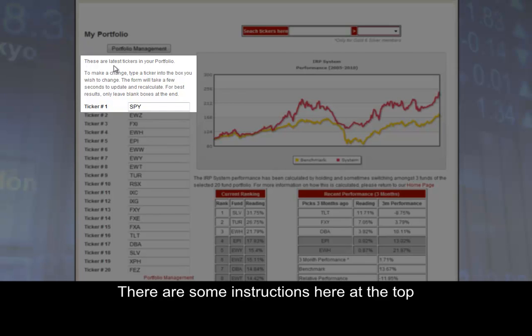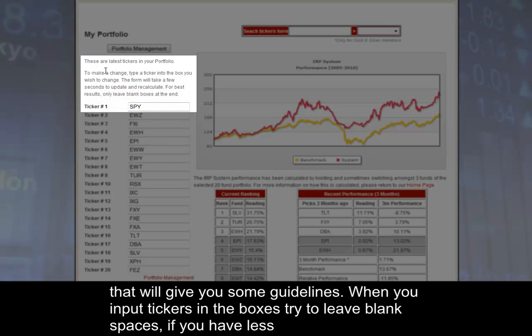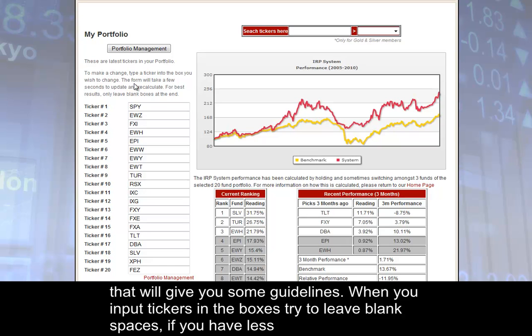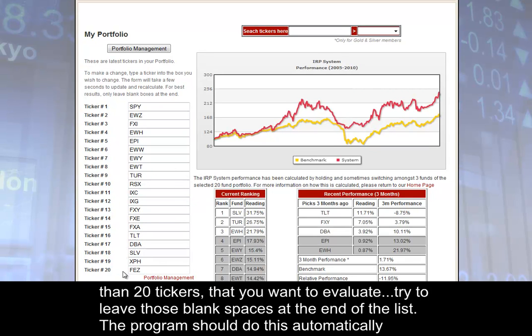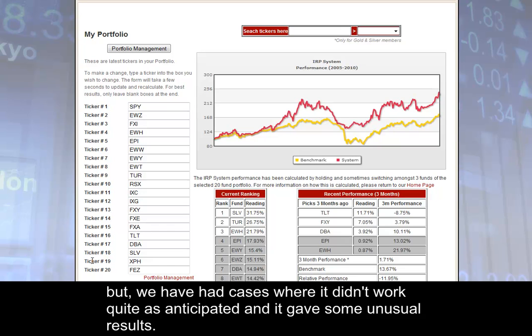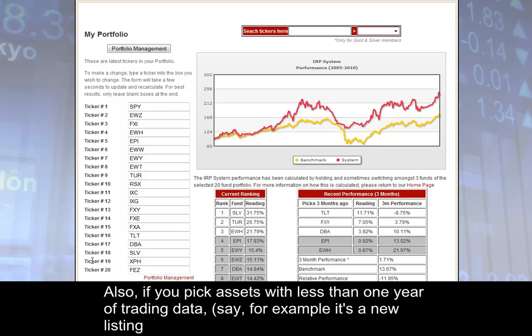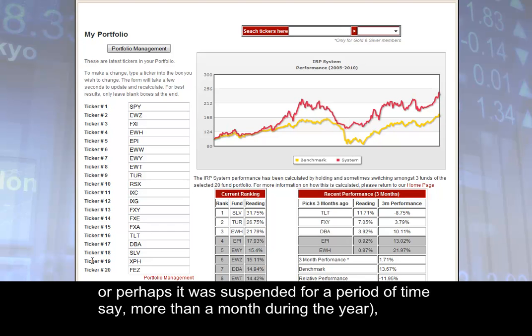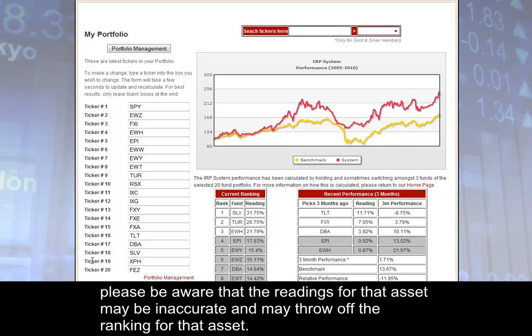There are some instructions here at the top that will give you some guidelines and remind you of how to do things. When you input tickers in the boxes, try to leave blank spaces if you have less than 20 tickers that you want to evaluate. Try and leave those blank spaces at the end of the list. The program should do this automatically, but we have had cases where it didn't work quite as anticipated and it gave some unusual results. Also, if you pick assets with less than 1 year of trading data, say for example it's a new listing, or perhaps it was suspended for a period of time, say more than a month during the year, please be aware that the readings for that asset may be inaccurate and may throw off the ranking